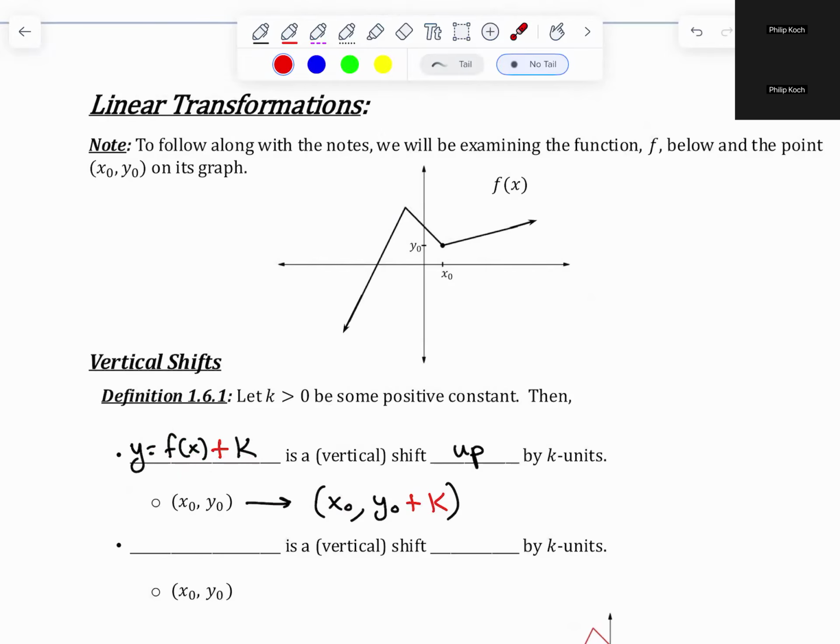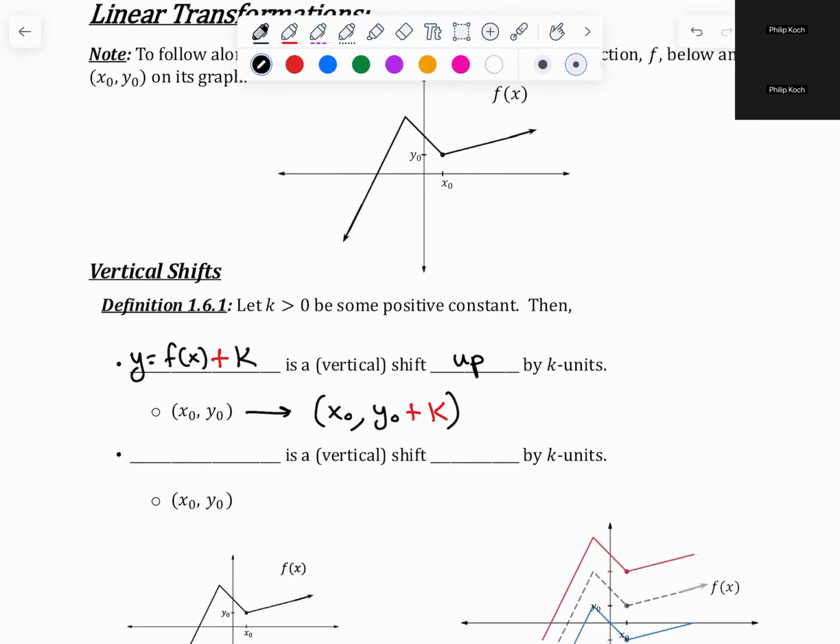additional k to that. Then if you have f of x minus k, so if you have a new function that you've transformed, if you have y equals f of x minus k, that is a vertical shift down by k units. Because you're taking the function values, the f of x, and you're going to be subtracting k from the function values, the y values. So instead of it being x naught, y naught, the new function will have the point x naught,